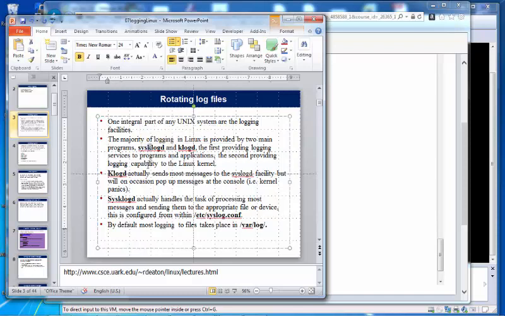The d means daemon. A daemon is a service program that runs continually at the back end, and also it's ready to serve. But anyway, it runs continually. So klogd does something about the kernel.